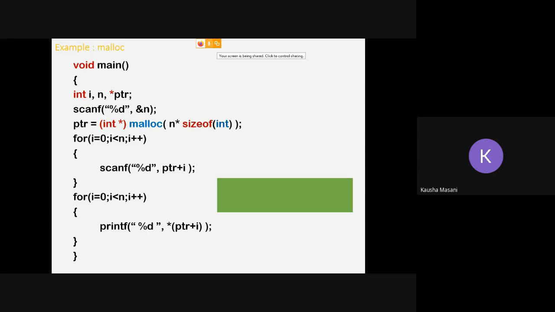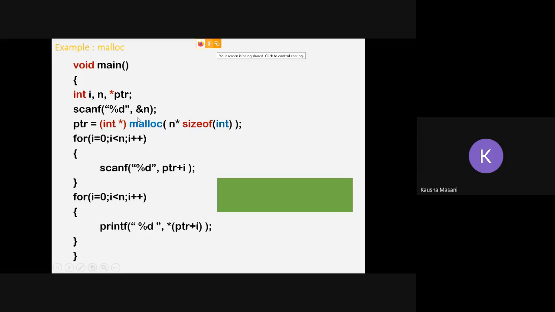See, this is with respect to malloc. I'm going to compare it. I have a program here, void main, integer variables I've taken i, n and pointer ptr. And I'm taking a size from the user with the help of my scanf statement.